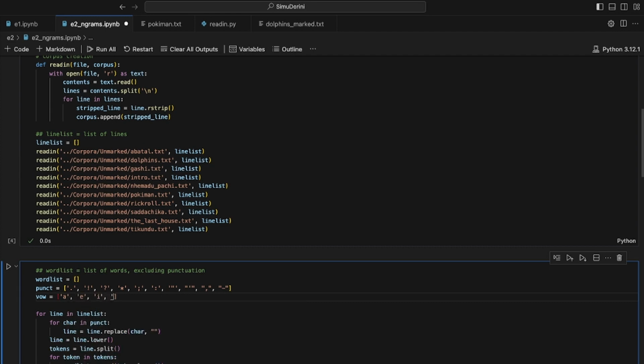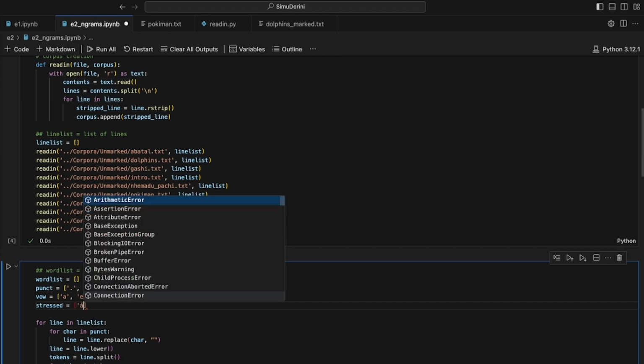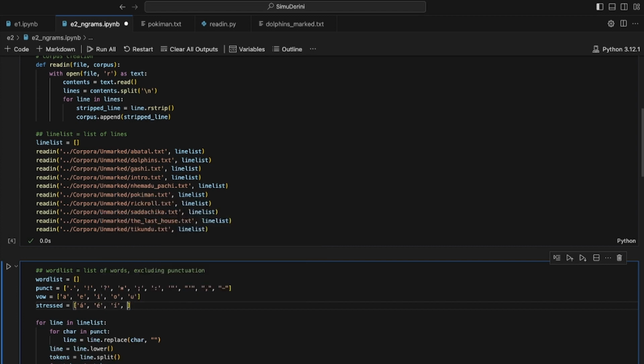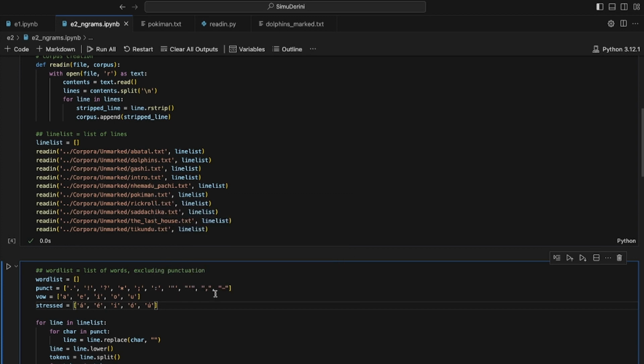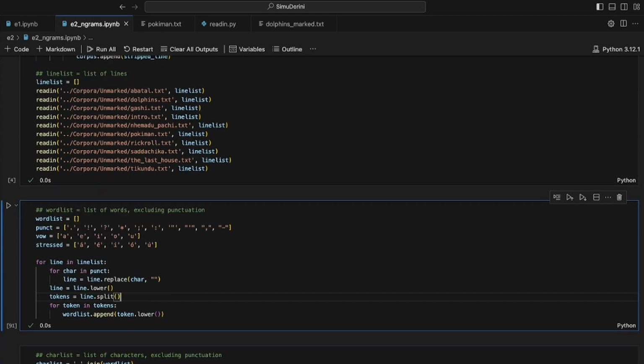Or a list of unstressed vowels, sorry. These could be stressed. Stress is not always written in Delaney. In fact, it's most often not. It's only written when the stress rules are actually violated. So the stress vowels are, oops, and ooh. So we'll say, I think we'll say like